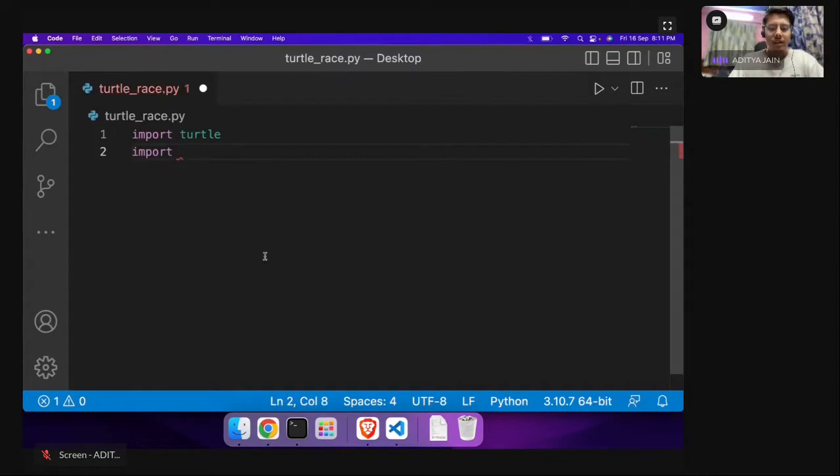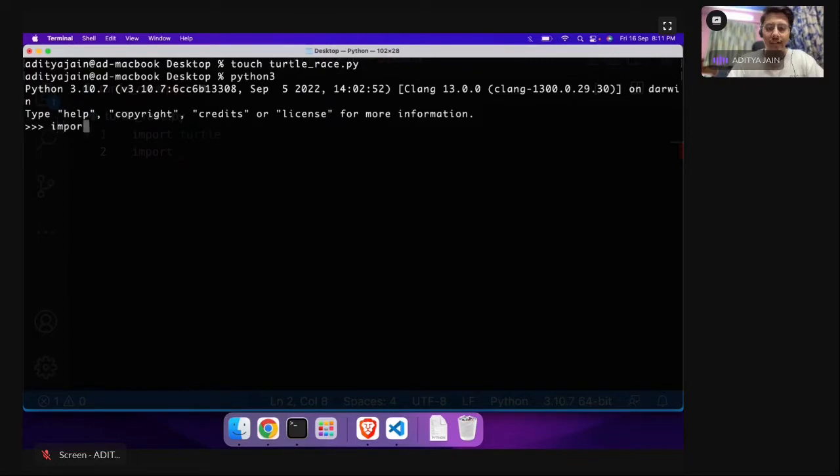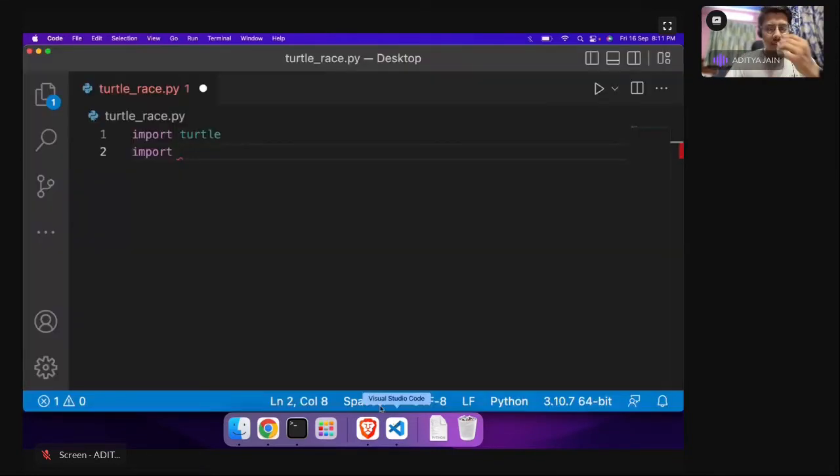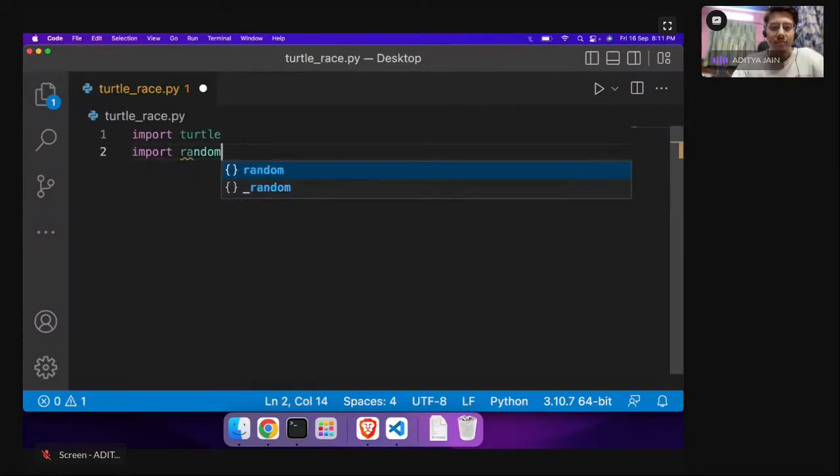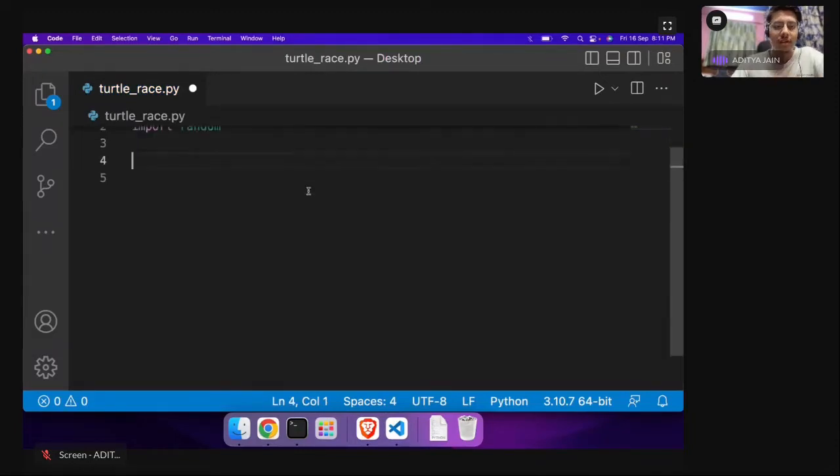Okay, so don't worry. If you want to check, you can open your terminal, write python3, and just verify by writing import turtle. If you hit enter and you see some error message, that means you don't have turtle. If you don't see any messages, awesome, you already have it. Okay, so as I told, if you download Python, you already have turtle, so no worries. Second library is random. So we are going to use random, for the gaming fun. All right,